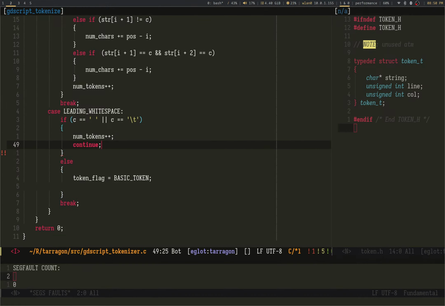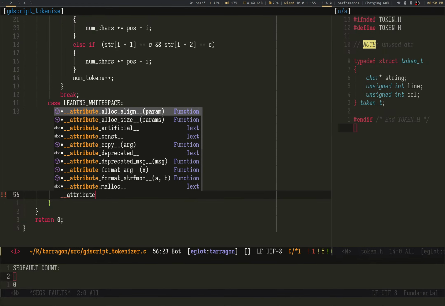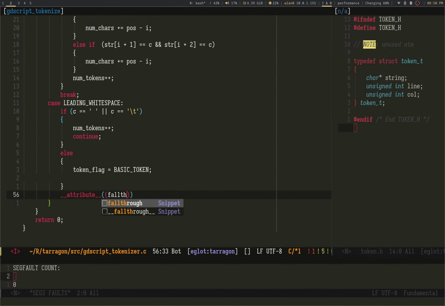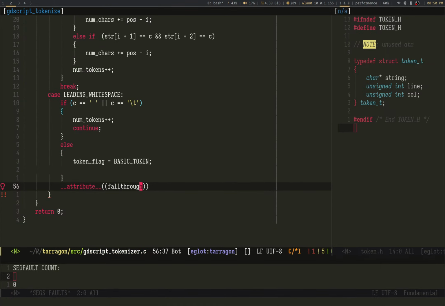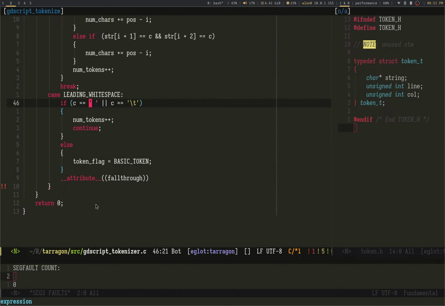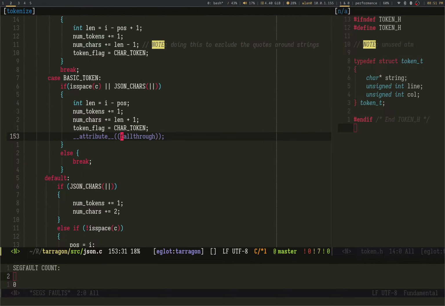So I'll continue there, and I will add an attribute fall through. So this is in case you encounter something and it's not leading white space, you can just fall through. So this is when you actually see something. There you go. Are you happy? Did I do this right? I did do this right.